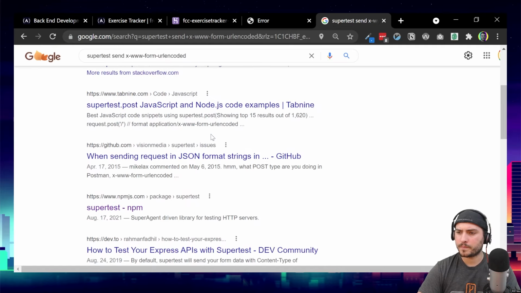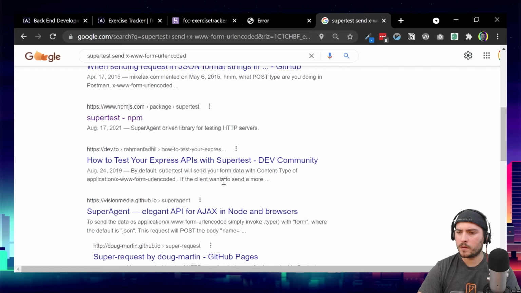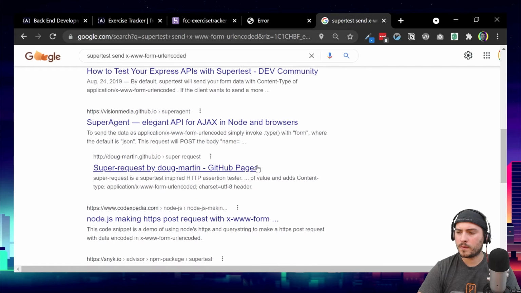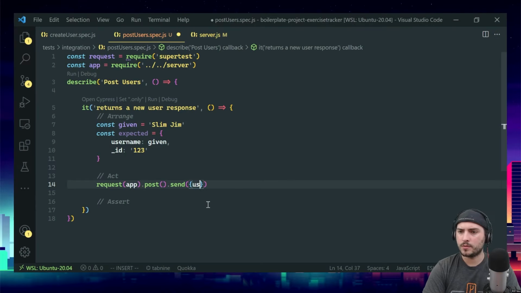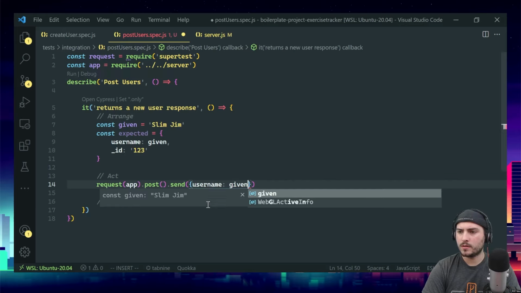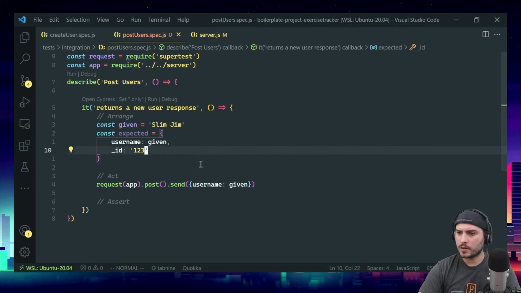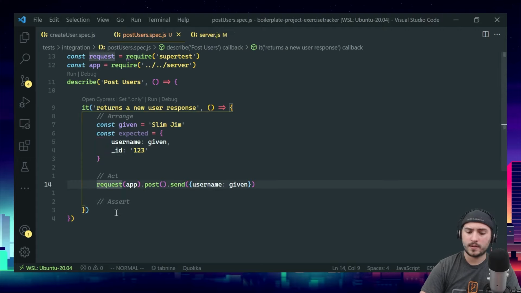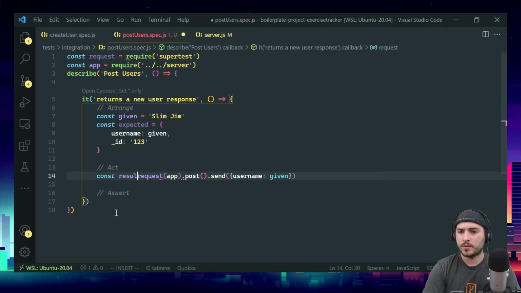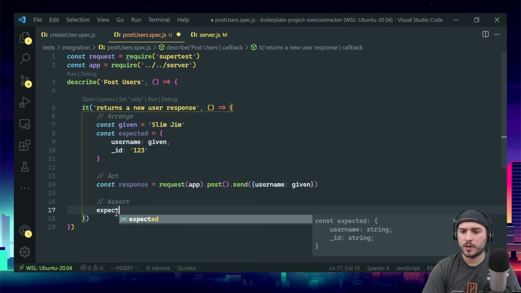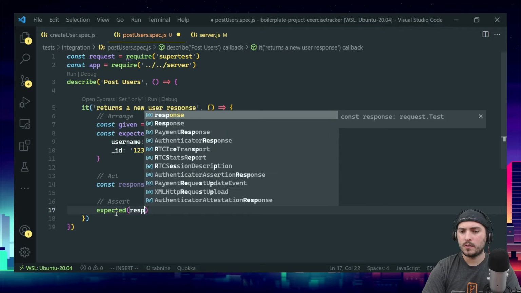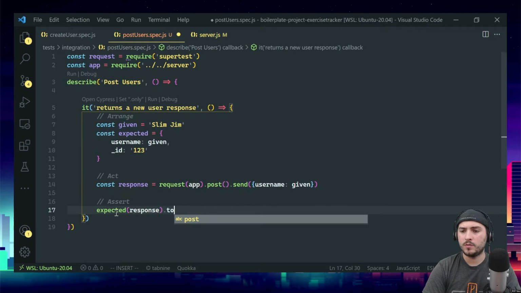I'm not gonna worry about it for now. Let's just do JSON data. So username is gonna be the given, and we can change this later and we can fix it. But for now, it's just gonna be JSON data, and when that comes back, we've got our result. Technically, this is gonna be a response now, not just a result. So let's do response. I want to expect the response to equal